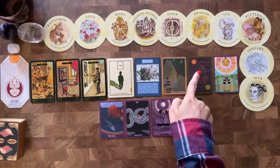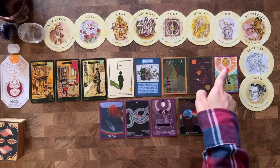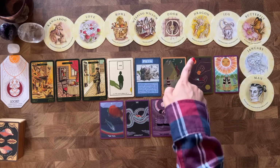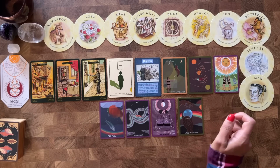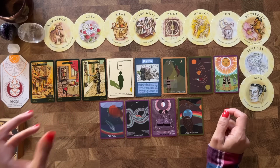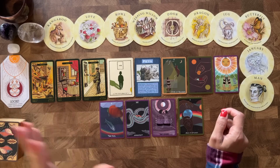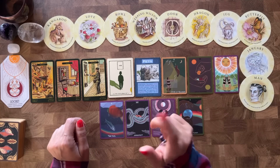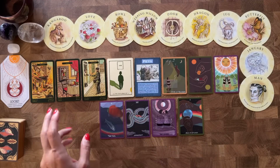Look at how the coins are aligned here. This reminds me of astrologically how in January there is an alignment of the planets. 1, 2, 3, 4. There's an alignment in the planets, and they are visible with the eyes, by the way, or through a telescope. Believe me, I just found out about this in a reading, not even in real life. I looked at the reading, I Googled it, and I found out about this